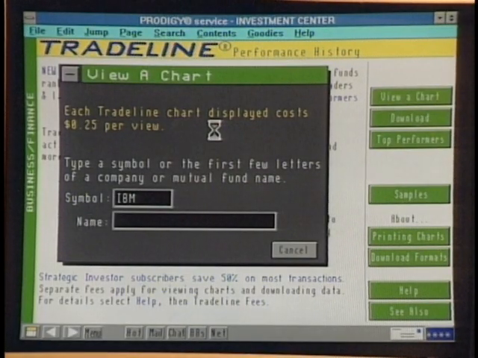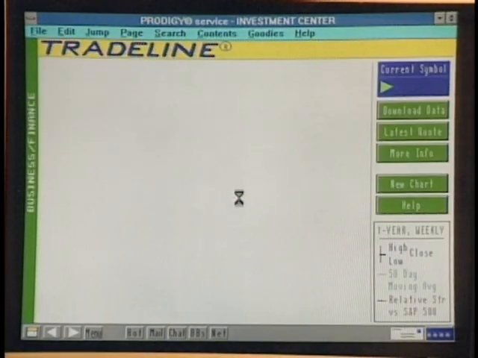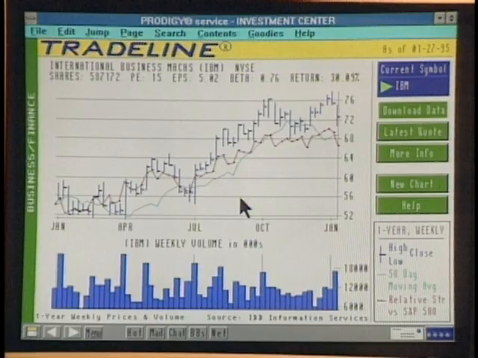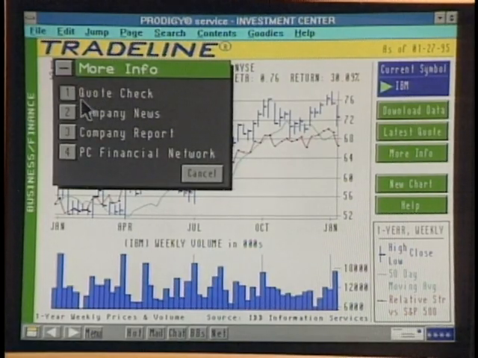For instance, we have charts online that will show you the previous year's performance on IBM so that you can get a visual picture of how it's been doing. So this is the numbers data, what the stock prices looked like over this period of time during the past year. That's correct. But you're going to need a lot more information than that, certainly.